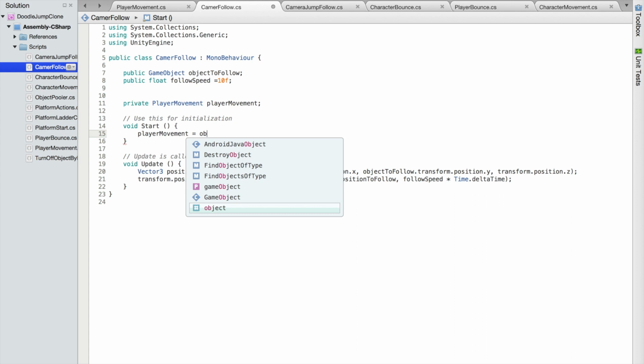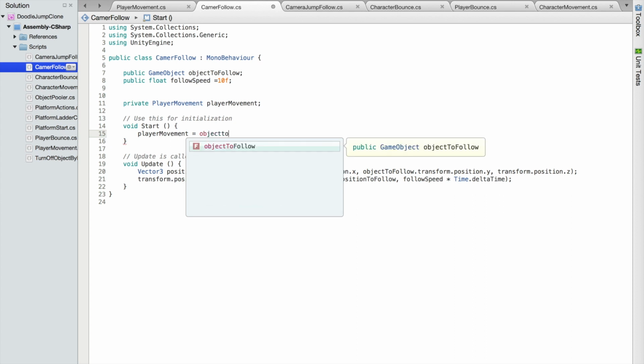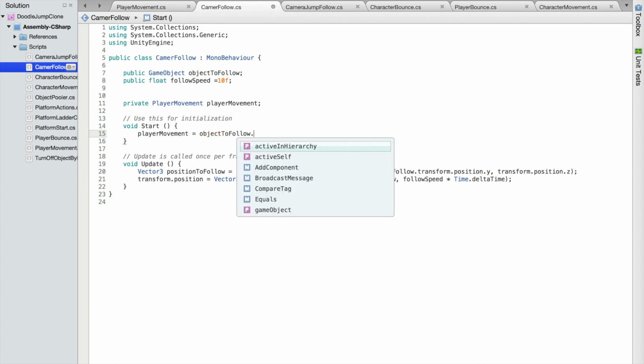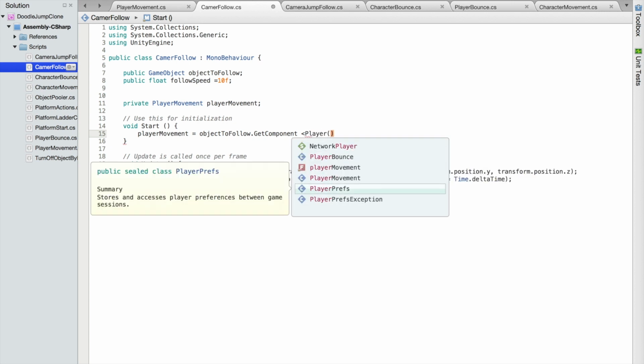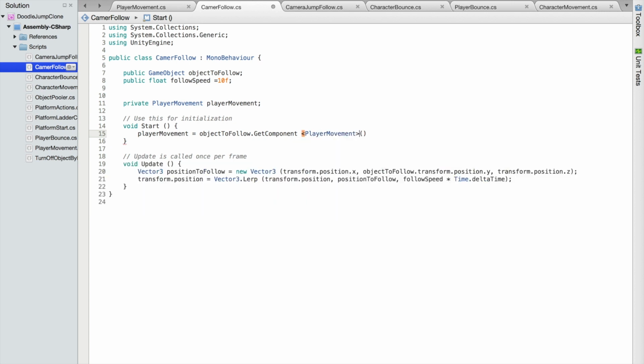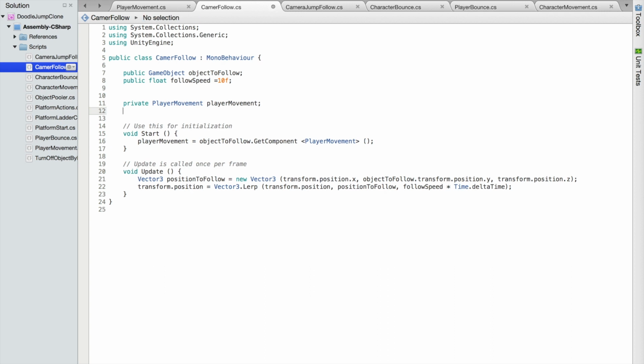object to follow.GetComponent player movement. And really we should check if it even exists on the object first, but it's fine for now. And now that we have the player movement, what we want to do is create an offset. So we're going to say